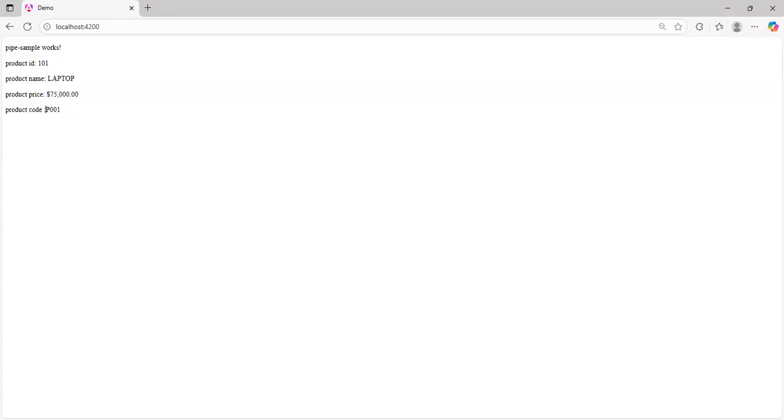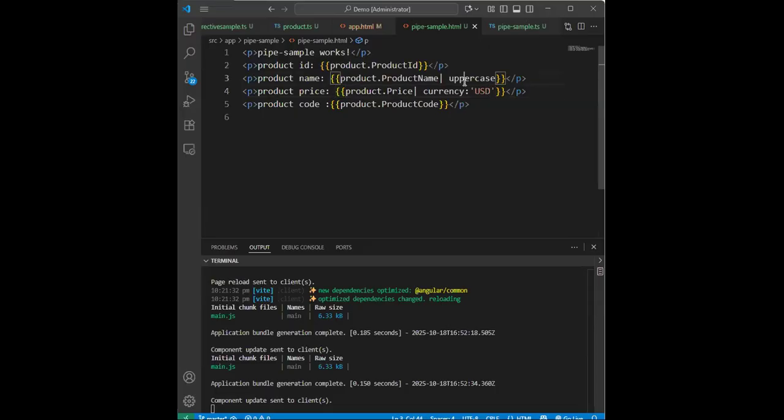Okay. So here we have uppercase. This is an inbuilt feature, currency. Okay. Now suppose that